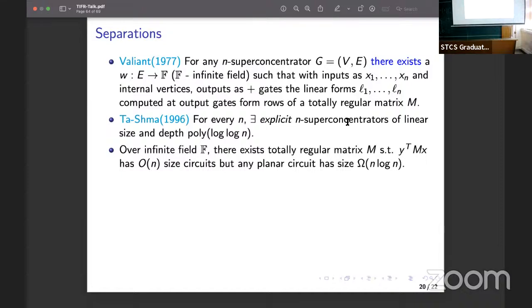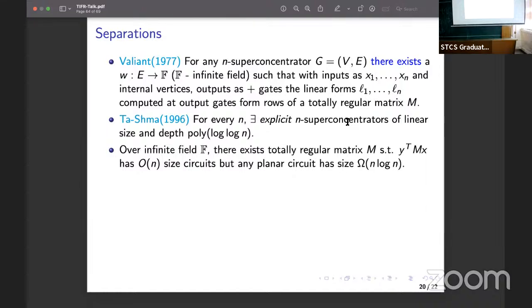So what this tells us is that over an infinite field, there exists a totally regular matrix such that y transpose Mx has an order n size circuit. You look at this circuit, put x1 to xn in the leaves, and every other gate is plus. You will have computed L1, L2 to Ln here. Multiply each of them, this by y1, this by y2, this by y3 and so on, and add them up to compute y transpose Mx. You have to adjust this though: put plus gates and multiply by the corresponding yi's. You will get a linear size circuit computing y transpose Mx, but we have shown that any planar circuit requires